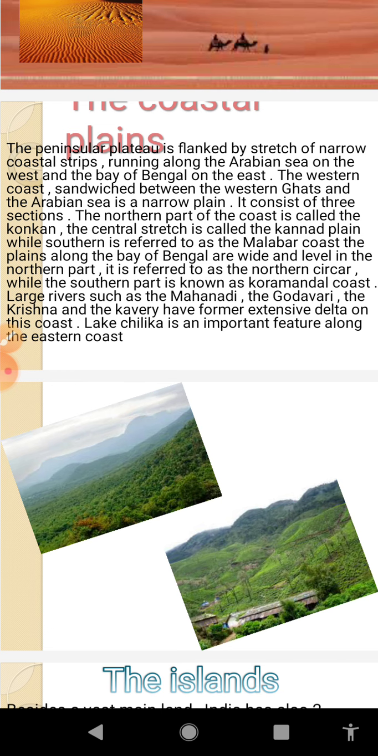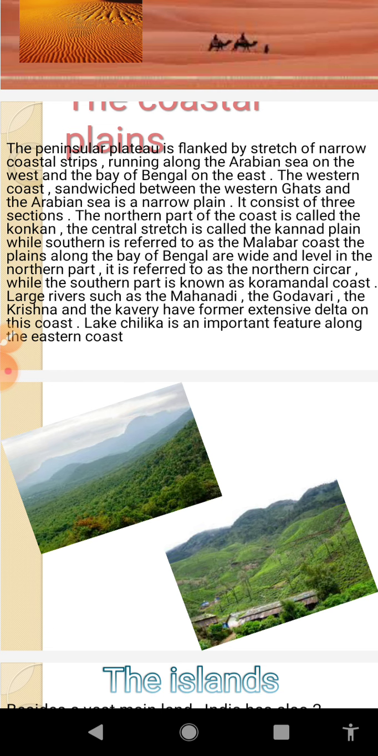After that, we will discuss the Eastern Coastal Plain. It is running along the Bay of Bengal, and it has been divided into two sections only. The northern part is known as Northern Circars, and the southern part is known as the Coromandel Coast. And as I told you just now, it is wider than the Western Coastal Plain,